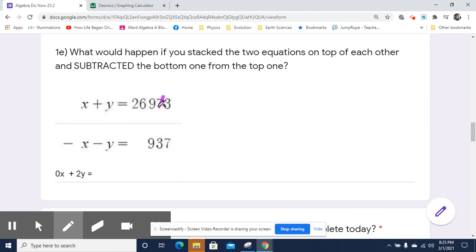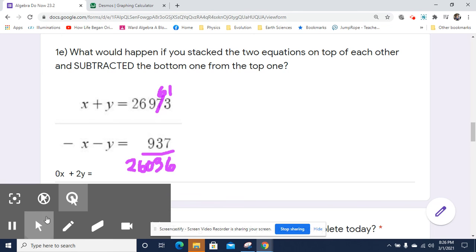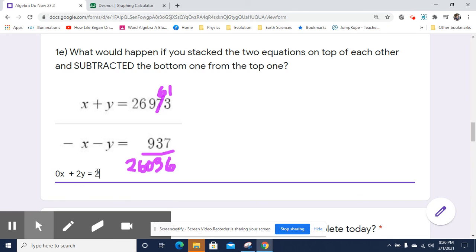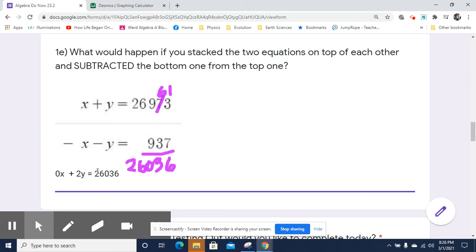I'm going to have to borrow here, so that'll be a 6. That'll be a 13. So 13 minus 7 is going to be 6. Okay, now 6 minus 3 will be 3. 9 minus 9 is 0. 6 minus 0 is 6. And 2 minus 0 is 2. So I get 26,036. Okay, so that is 26,036. And now I can get rid of the 0x, and I just end up with 2y equals